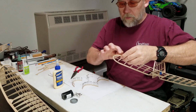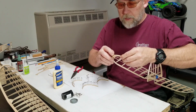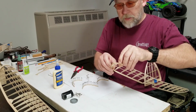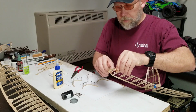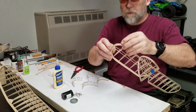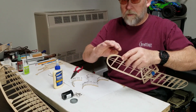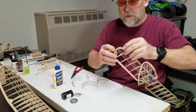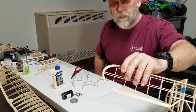When you glue the strips, first I glue the strips together, and then I placed it on here and I simply held it by hand. I wish I had a better way, but it doesn't take long. What happens when you use a water-based glue like this, it re-wets it, so it actually takes some of the kinks and dents from the